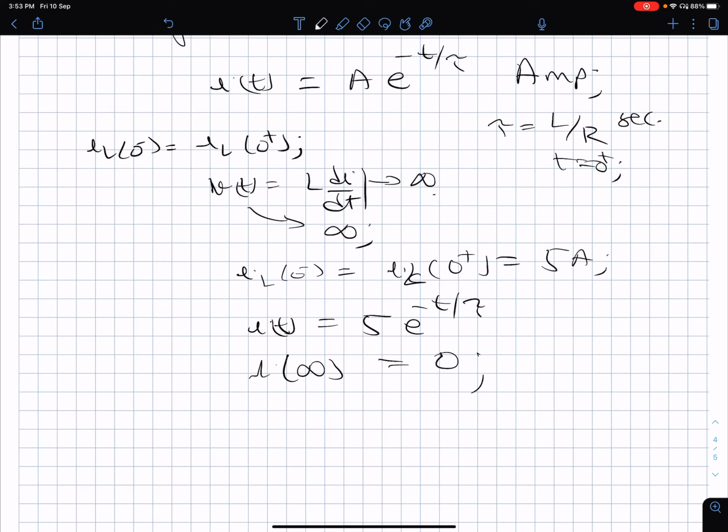But if you want to analyze the circuit in the first 5 time constants or so, you cannot ignore the effect of natural response. But if you want to analyze the circuit from a steady state performance perspective, because we are only dealing with sinusoids right now, then the effect of natural response or the initial conditions can be